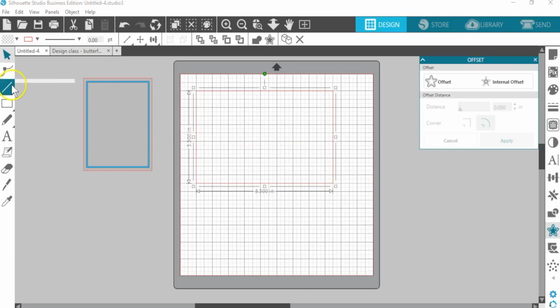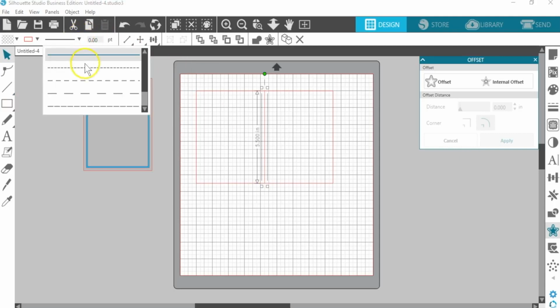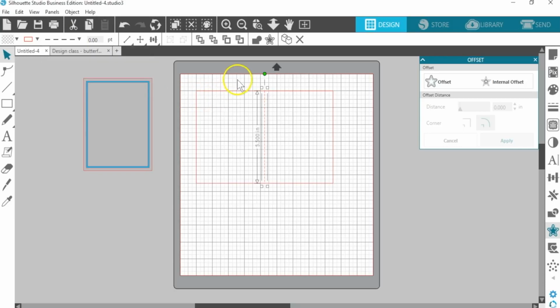For our fold line, let's draw a line with the line drawing tool. Draw it in the middle there. Drag it straight down. I don't have to hold my Shift key when I've got Snap to Grid enabled because it'll just draw those straight lines for me. Change it to a perforated line by going to the Quick Access toolbar with a line style choice. I'll just change it to a dashed line.